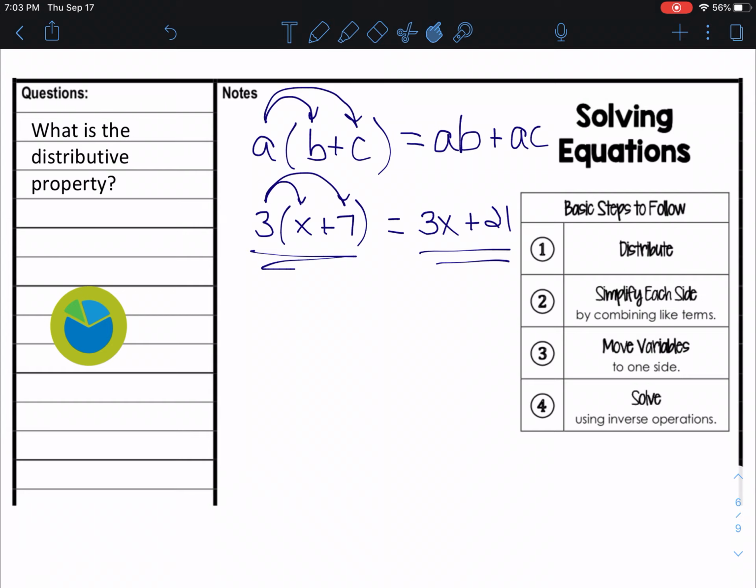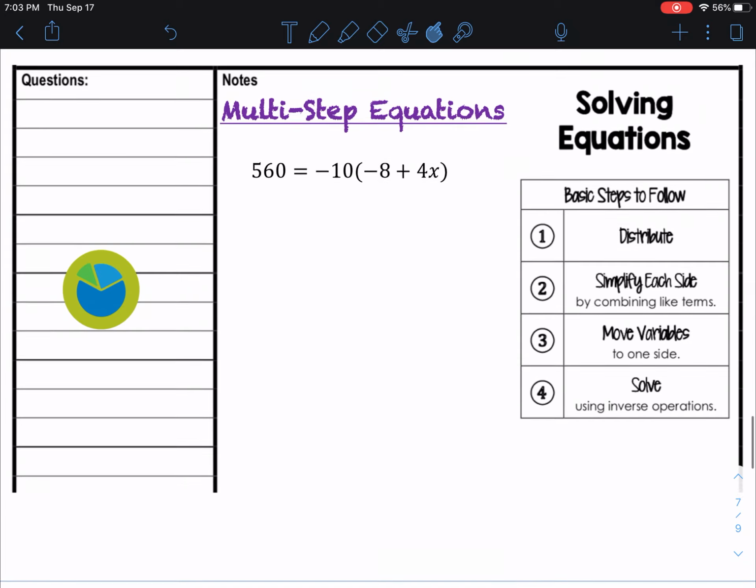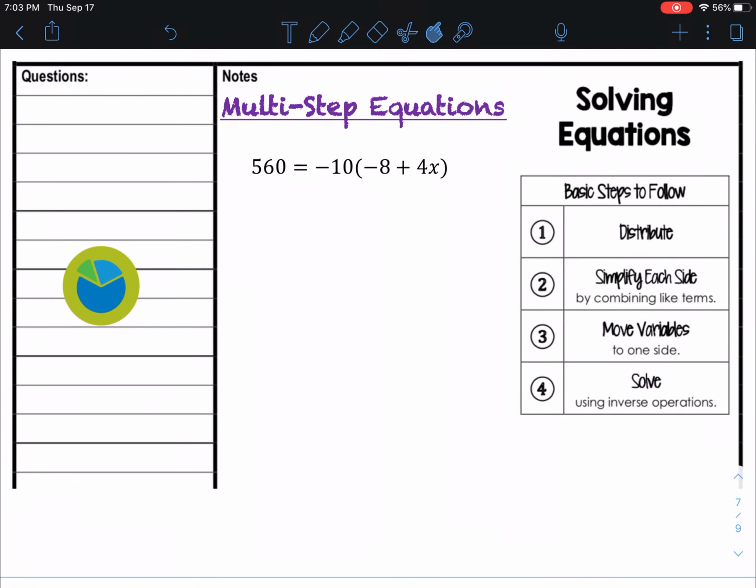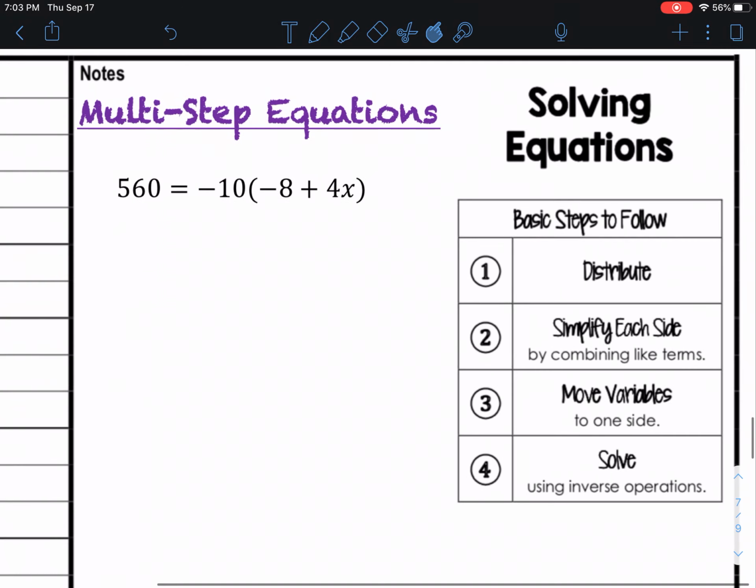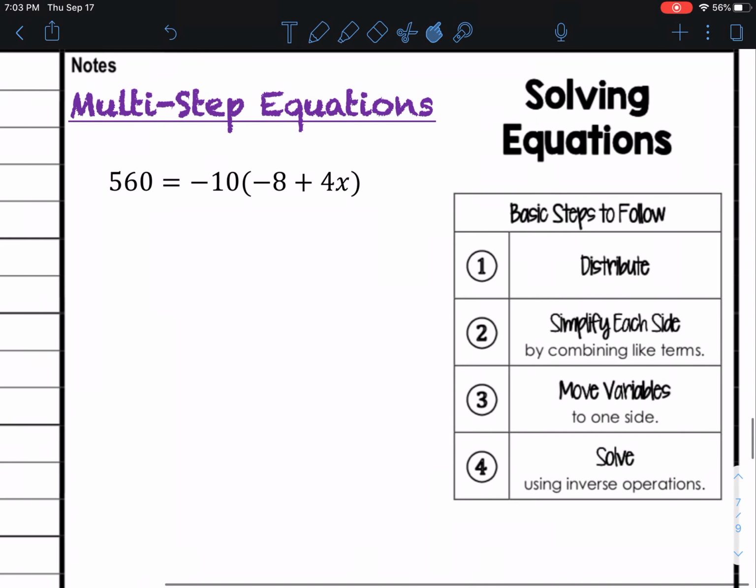All right, so now, how does this work? Let's zoom in a little bit on this. Multi-step equations. So again, here step 1 says to distribute, and this time now, for the first time, we